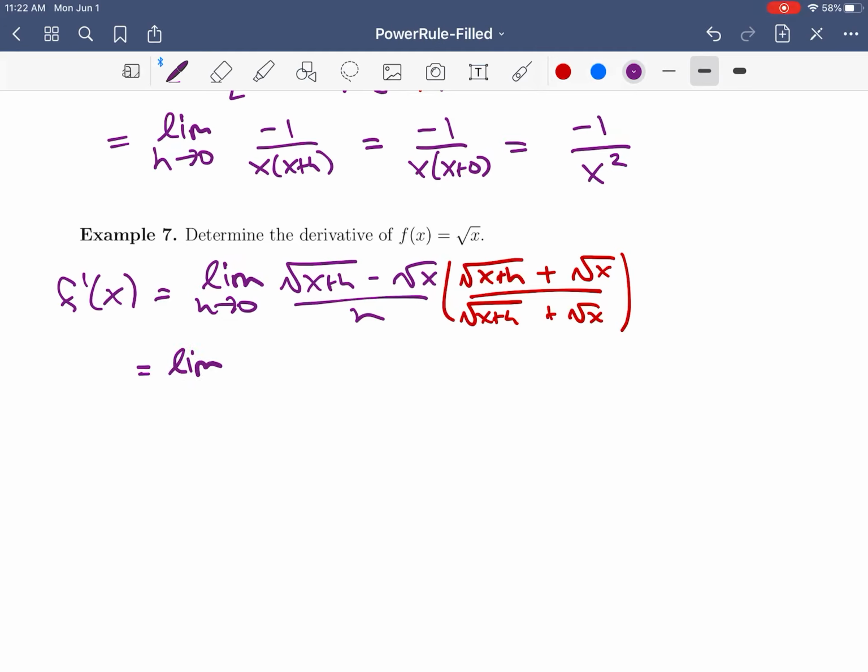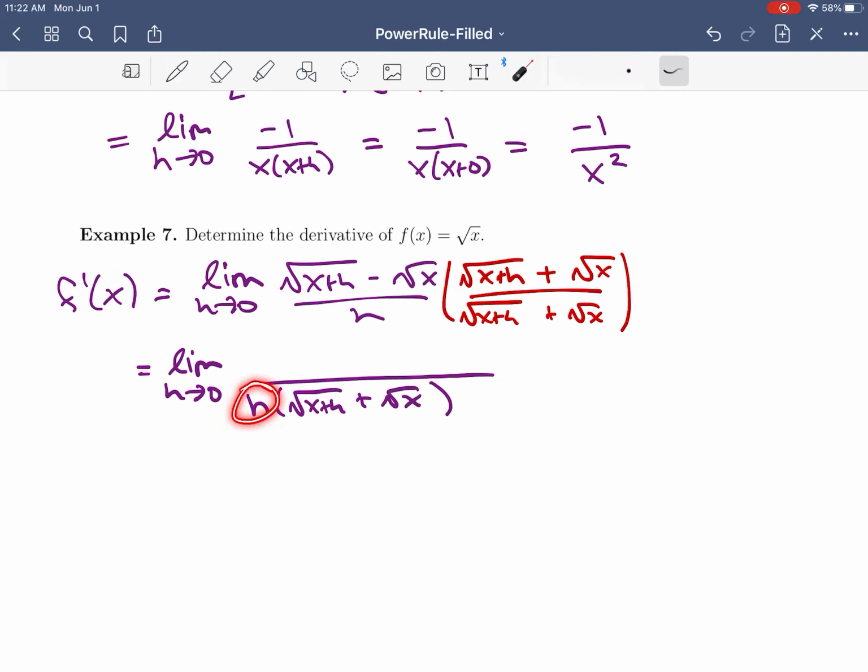So when I do that, I'm not going to expand the bottom. Okay, so it's just going to be h times the square root of x plus h plus the square root of x. The reason why I don't want to expand the bottom is that I'm hoping to cancel this h. So I want it to be multiplied into everything. Now on the top, when I FOIL this out, it's actually like a difference of squares. So what I'm going to get is the square root of x plus h all squared minus the square root of x all squared. So when you simplify that,